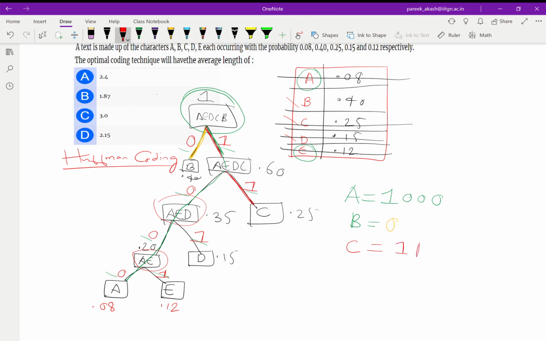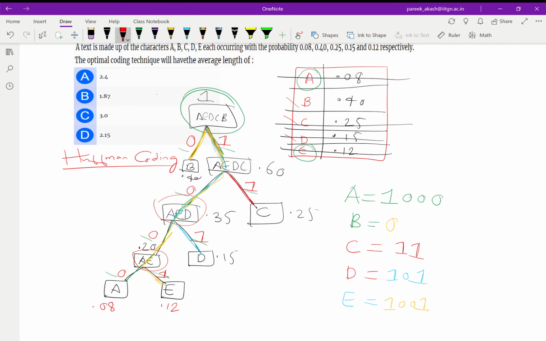The code for D will be 1 0 1, and the code for E will be 1 0 0 1.